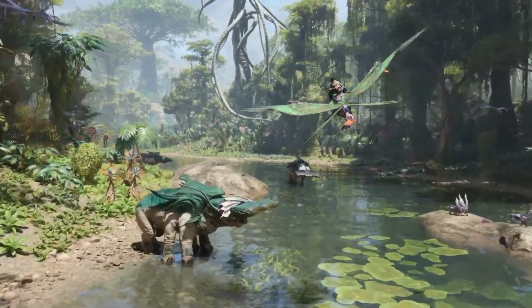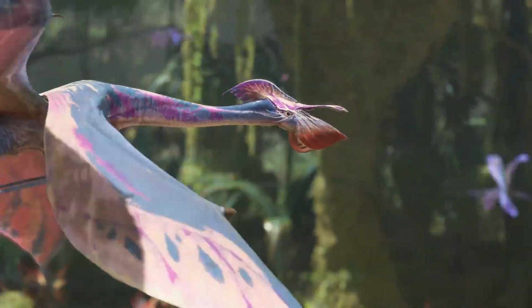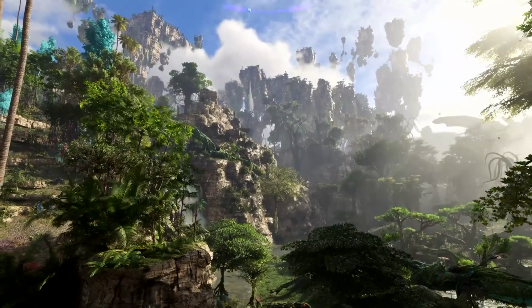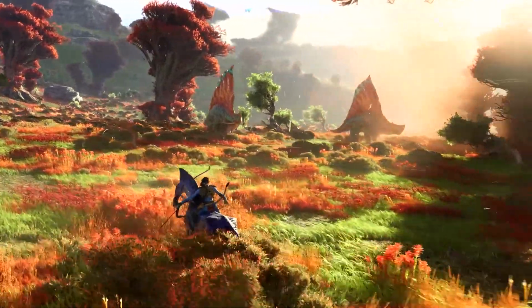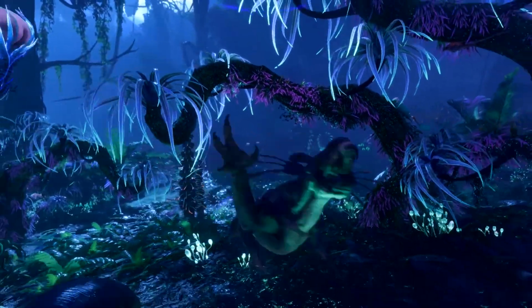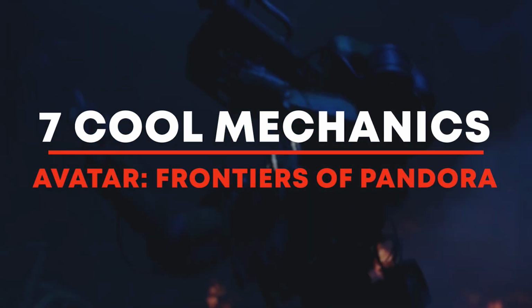So Avatar Frontiers of Pandora seems like a very interesting game. A lot of people, myself included, can't really tell whether it's going to be amazing or whether it's going to be a pretty stock standard game. But either way, there are plenty of interesting mechanics they have implemented to try and differentiate the game from other Ubisoft IPs. And because of that, today I wanted to go through 7 interesting mechanics in Avatar Frontiers